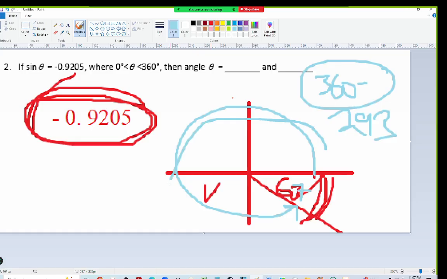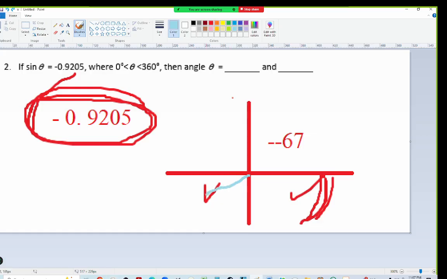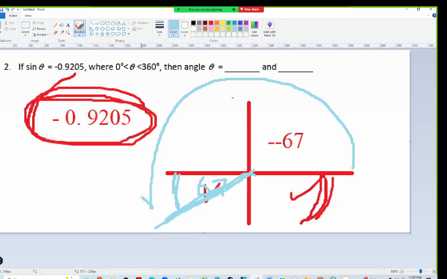So 293, that's our first one. But remember, there's another one over in this quadrant. Remember, we check marked this quadrant? So you have to draw a little terminal arm and put a 67 between the terminal arm and the x-axis. This is always called a terminal arm. This is called the terminal angle. It's all the way to that arm. So this 67 is between the terminal arm and the x-axis always, which means the terminal angle is all the way to here plus